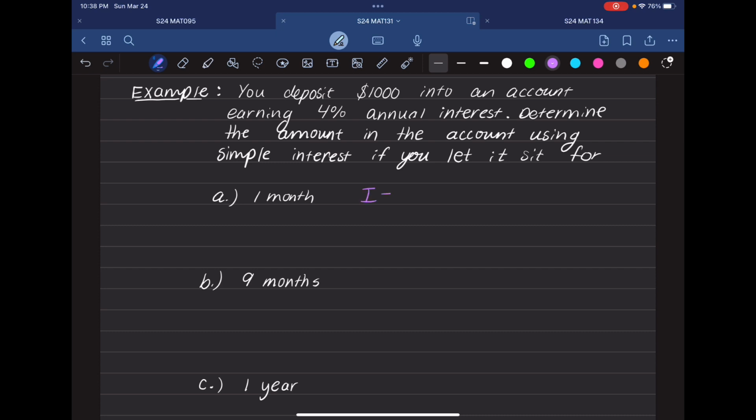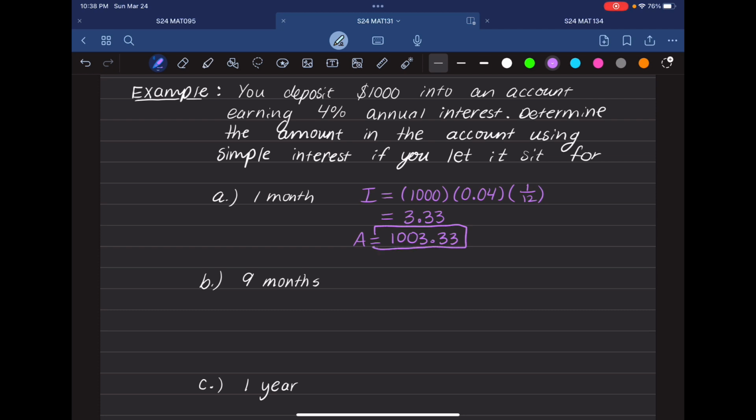We've got I is equal to our principal in this problem would be 1,000 times our interest rate, so 0.04, times the number of years. Well, if we have 1 month passed, out of 12 months for a year, this is going to be 1/12 of a year. And we multiply this together, we end up getting that I is equal to 3.33 if we round to the nearest cent, which means the amount that we have in the account is going to be 1,000 plus this 3.33, so 1,003.33